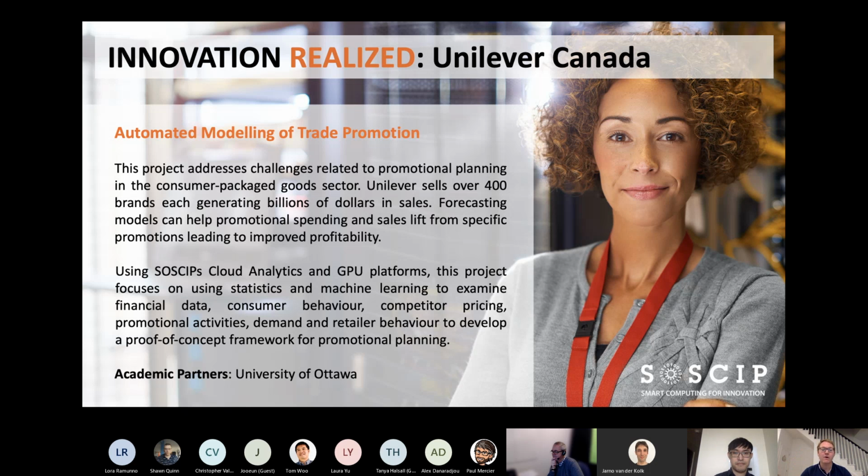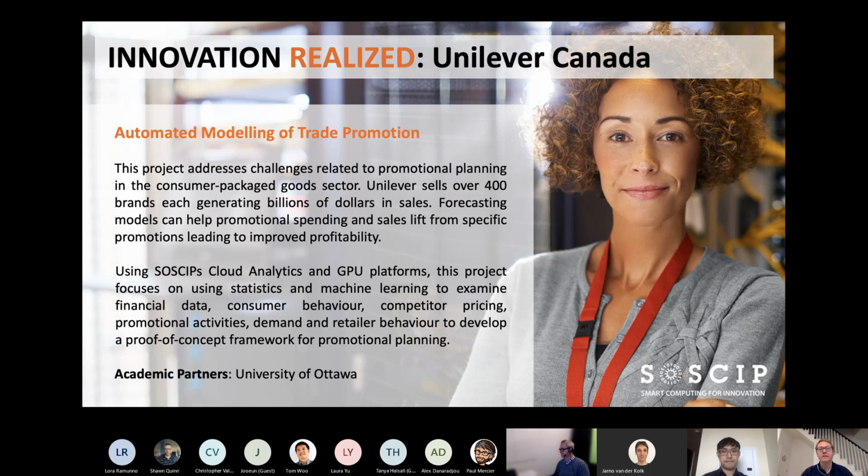And really what the idea was is how could you pull in financial data, publicly available data like from StatsCan, weather data, starting to look at competitor pricing and behavior and models, and how can they better say, in one example they sometimes gave, how can we know on Mother's Day weekend in May, if the weather's nice, are we going to sell more of our Breyers ice cream versus our Magnum ice cream, and really starting to pull a lot of the data sources that were available and dive deeper into this.